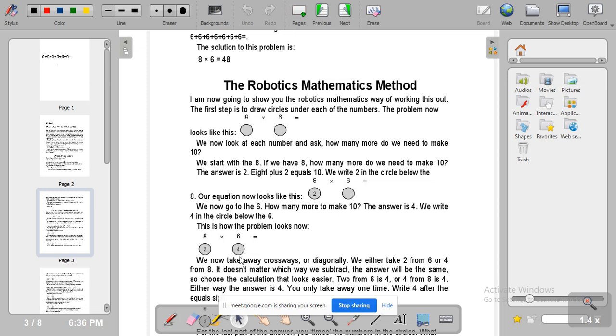Okay, so now we take a cross way. The next thing is we take a cross way, or a diagonal. Okay, so we can cross, and then